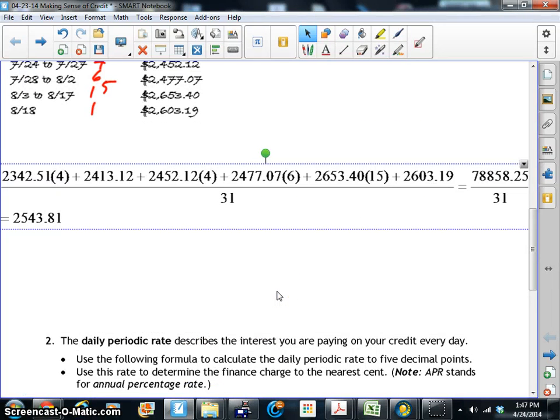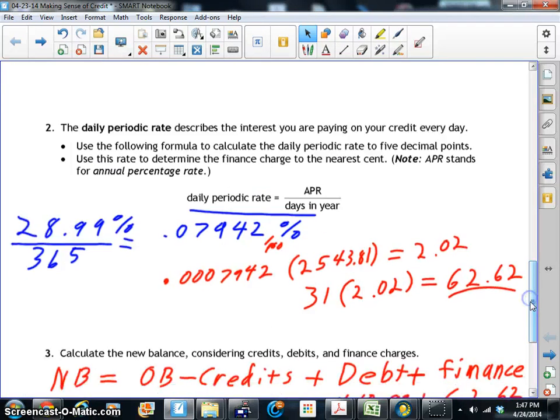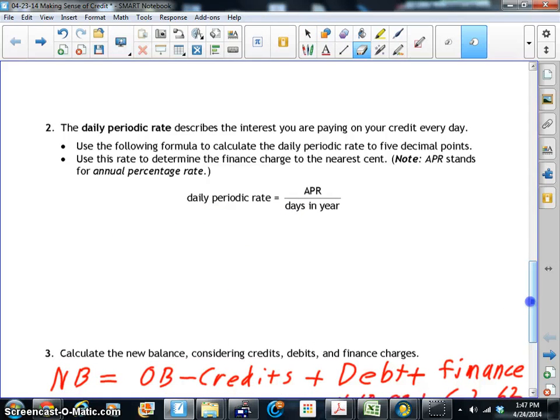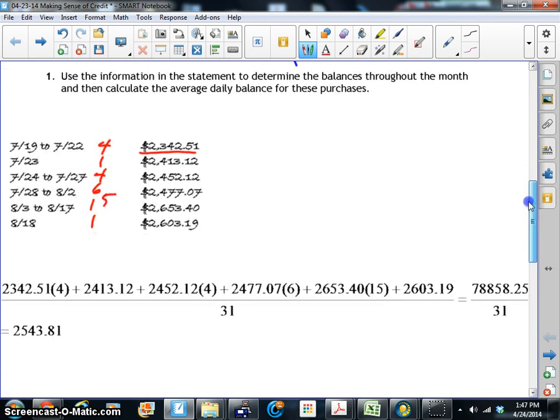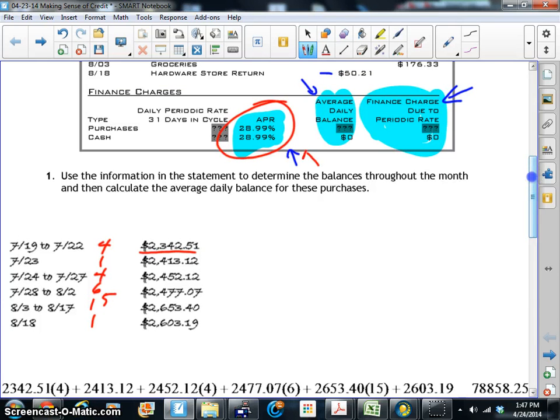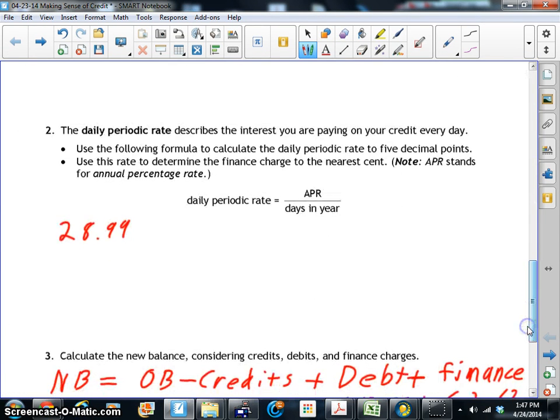Might as well finish this up on my feet. Okay, I'll erase this. So we're gonna find out what we're paying for this every day. We're gonna go ahead and find out how much are we going to be charged every day. So to get that periodic daily average, we take our APR, which is 28.99. Which is what we got up here. That's what we have right here in this section right here. Denoting again, divide by 365. That is every day you're getting some kind of charge. So this is going to be